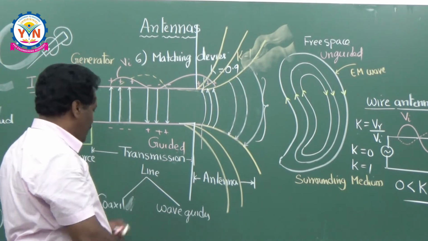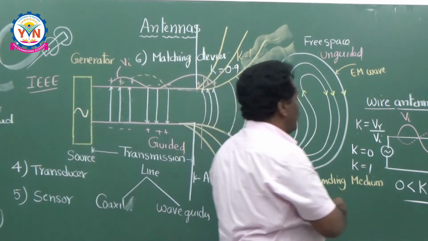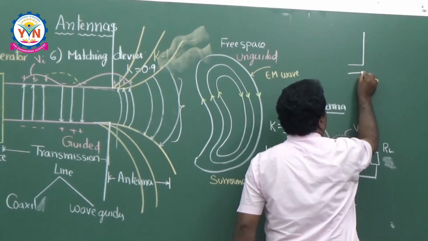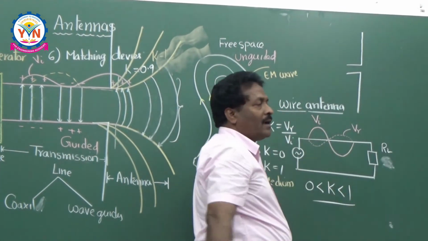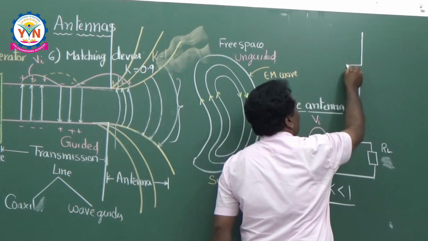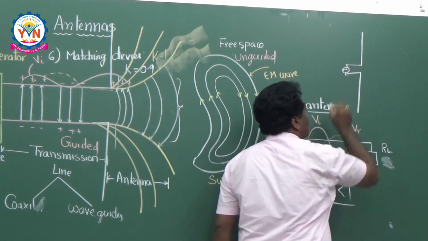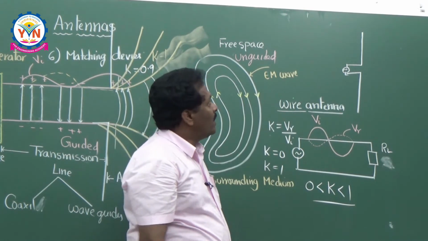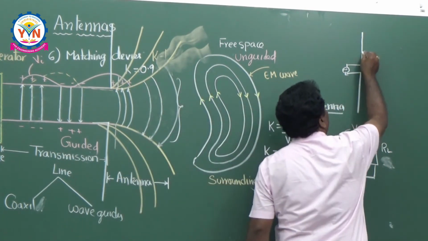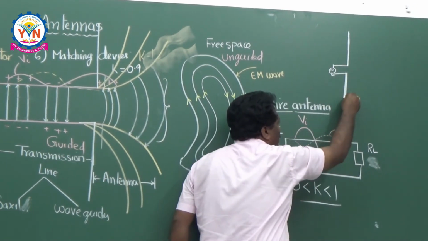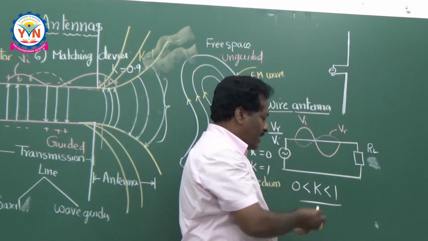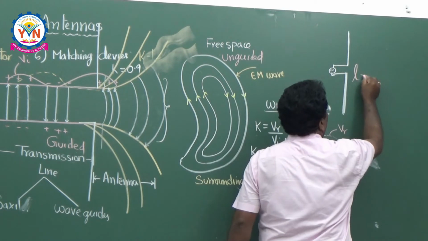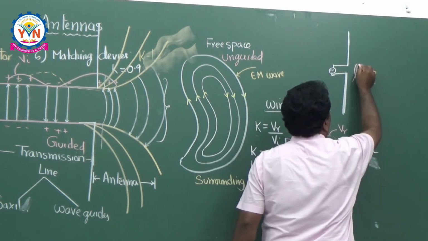Then finally, what they did is, they got this structure, like this. And here, they have given maximum information to this. Now, this limb is at an angle of 90 degrees, and this limb is also at an angle of 90 degrees. Then, if you take this limb length L equal to lambda by 2, this is lambda by 2,